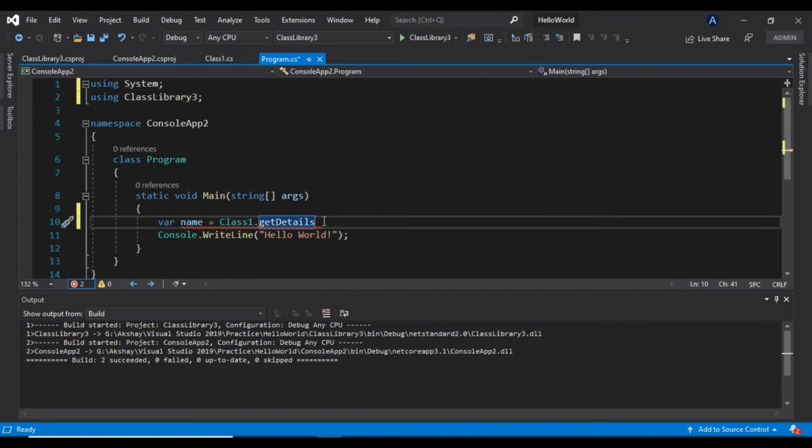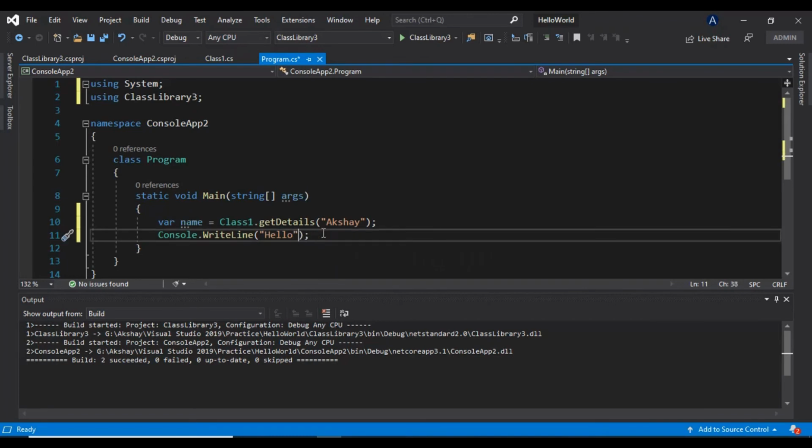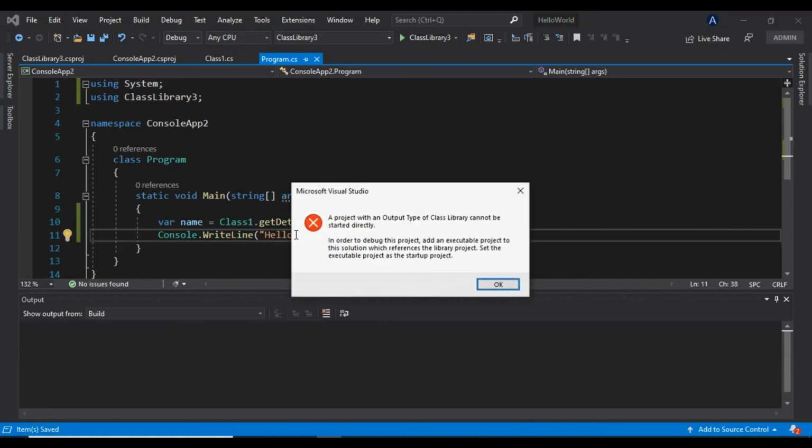Now I will give this name to this method, and I will use this name instead of hello world. I will append this name here like this, and I will run this project.